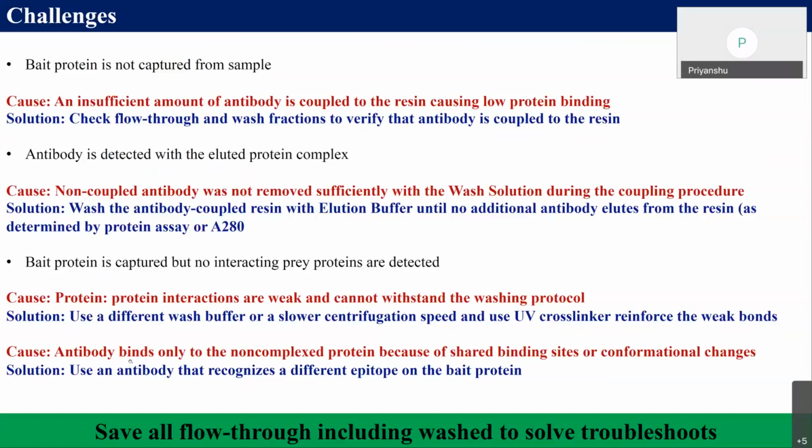And another cause related to this point is that sometimes, when you buy one antibody specific to one particular protein, that protein is in single form in the lab, but in cellular conditions that protein is in complex form with different proteins interacting with each other. So sometimes the domain of that protein which binds to the antibody is shared with another protein, so another protein binds to this protein.